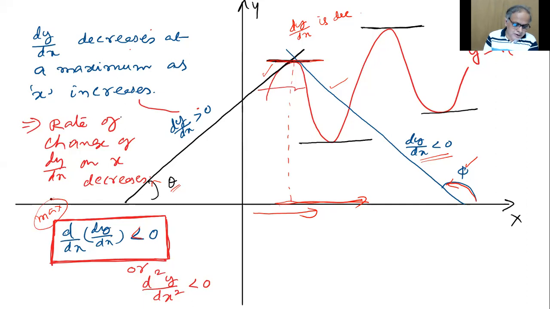Look, you find out dy by dx. But now instead of y, I'm studying dy by dx as x is changing, children. As x is increasing, dy by dx is falling. So the rate of change of dy by dx is negative. Rate of change of dy by dx means I should write like this, isn't it? D of dy by dx by dx. Did you catch this formalism? You tell me.